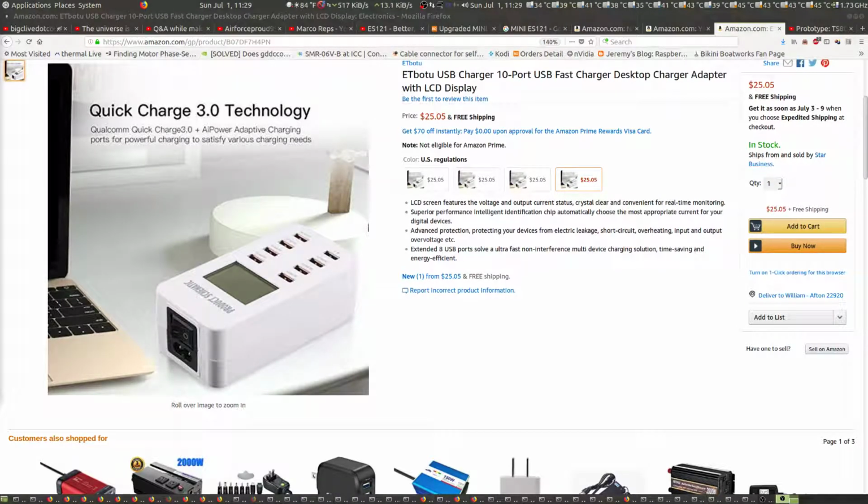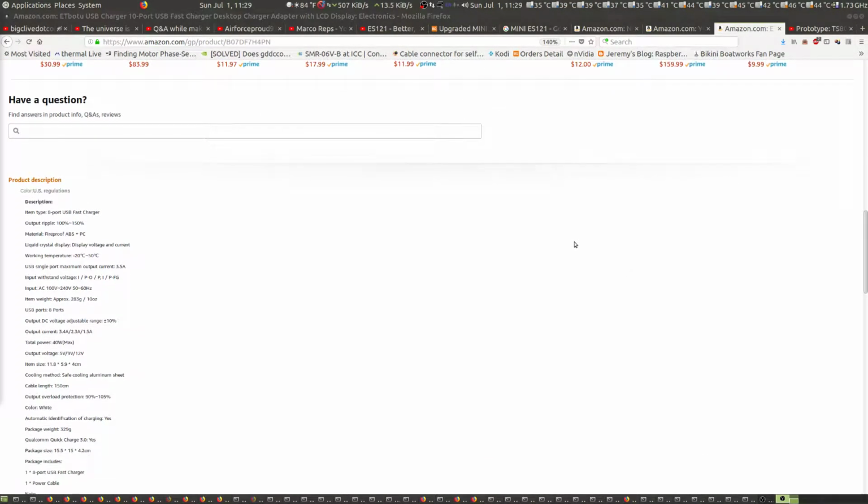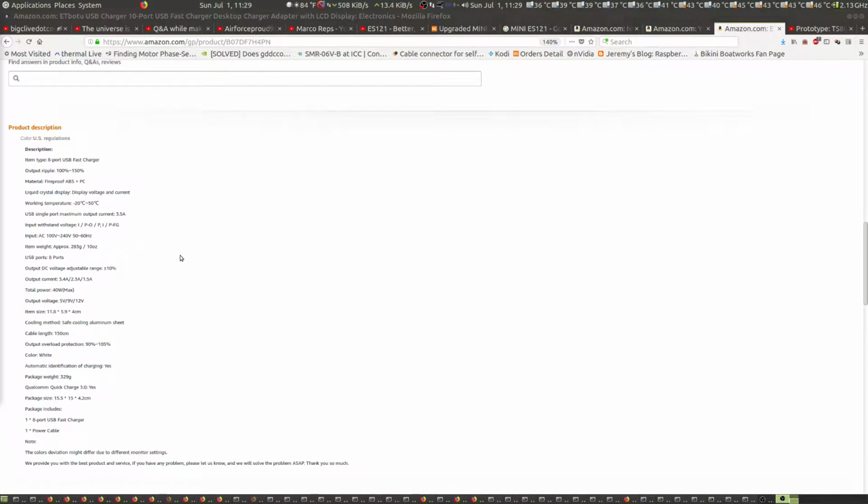Okay, so here's this thing that I ordered, and it says it's a 40 watt Qualcomm 3.0, which to me means you can get really high wattage running at 12 volts or 9 volts or 5 volts when your device supports Qualcomm 3. I've only got one device that does. It's a battery bank, but that's super beneficial for charging that particular bank in terms of how long it takes